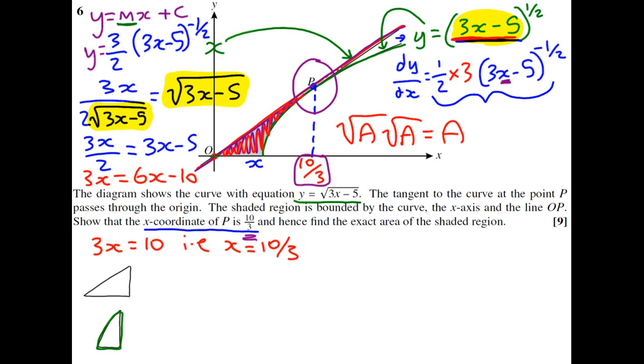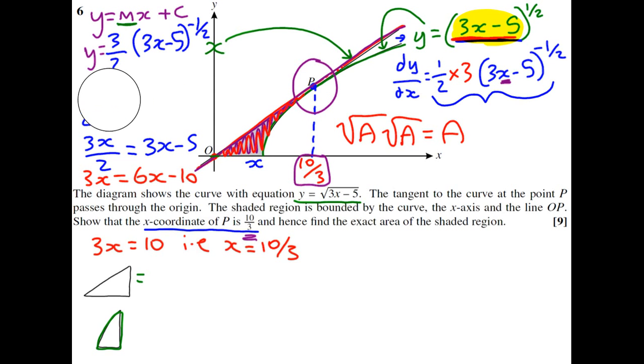So the triangle, it's just going to be, we need the height of a triangle, don't we? Okay, because we need a half base times height. So let's just erase this out for now. Okay, we've used that working. So we want the height of a triangle, and all we're going to do is we're going to think, well, okay,